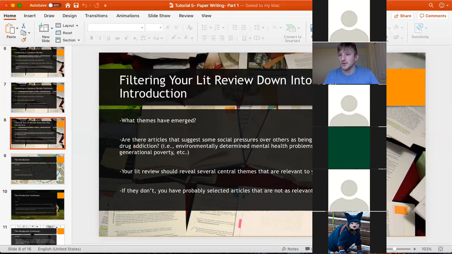But if the whole paper is talking about the neurotransmitter release as a result of some genetic anomaly, and that leading to drug addiction, then we're not really talking so much about sociology and social pressures of drug addiction. We're talking about something else entirely. So